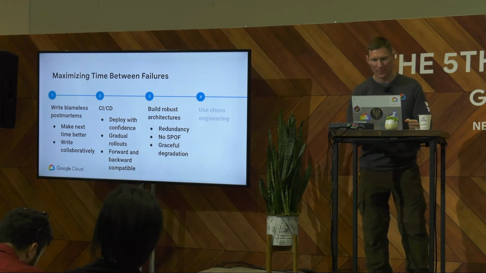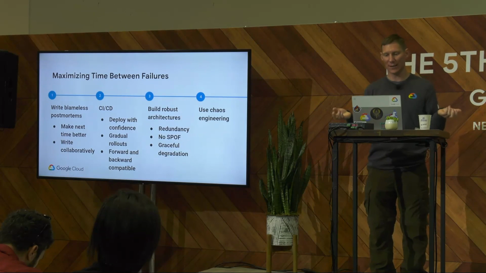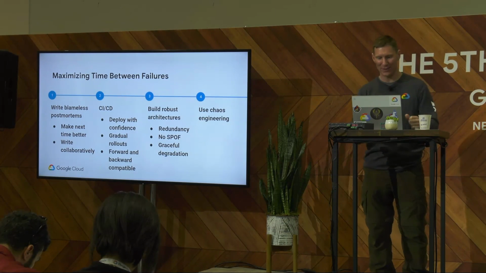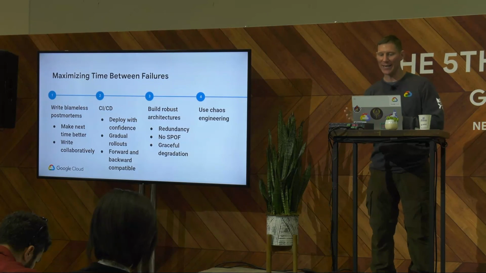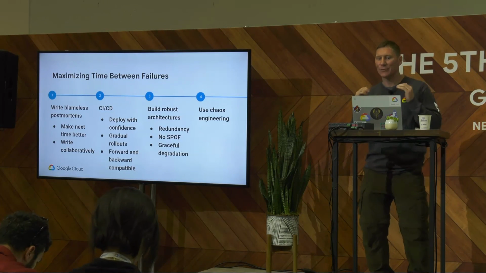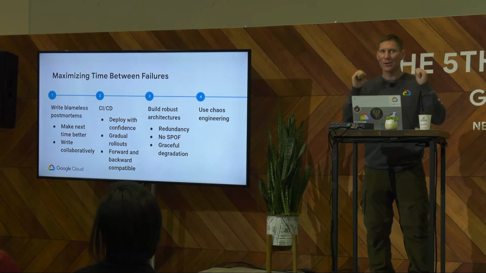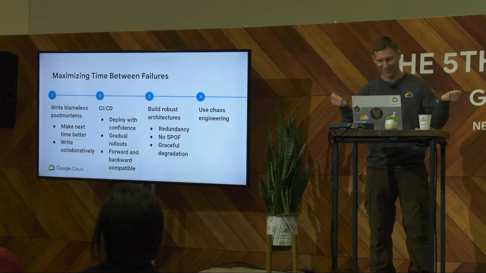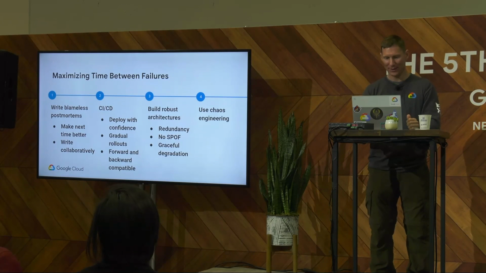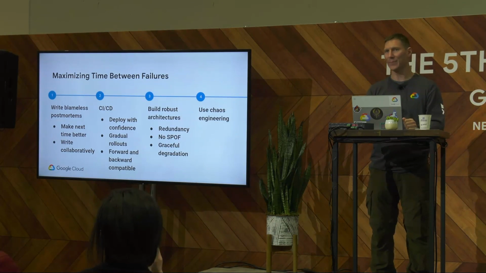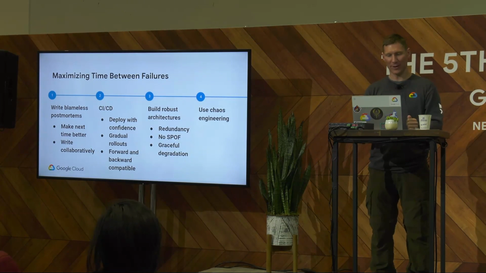And finally, chaos engineering. You hear about this a lot nowadays. Now, I want to say I don't really like this name, and Gary said this before too. We're not trying to create chaos. We're trying to create resilience. Whenever you see the word chaos engineering, think resilience engineering. Anyway, why use it? It's so you can find problems under controlled conditions, so you don't find them in uncontrolled conditions. If you think your architecture is robust, poke it and verify.